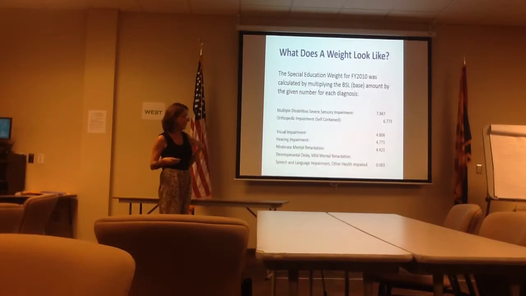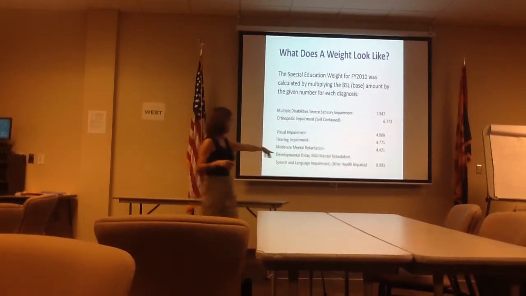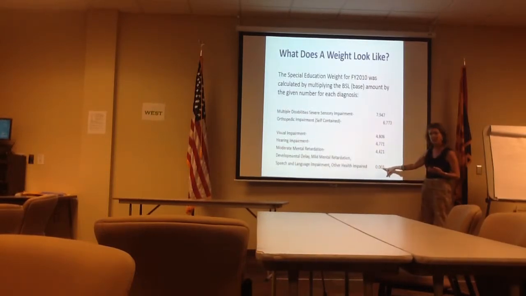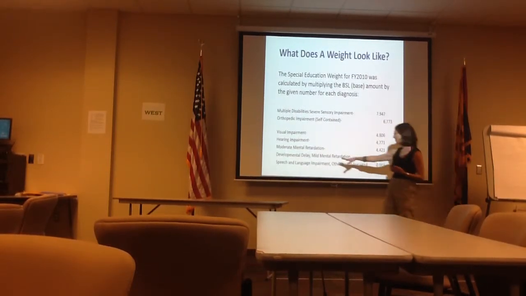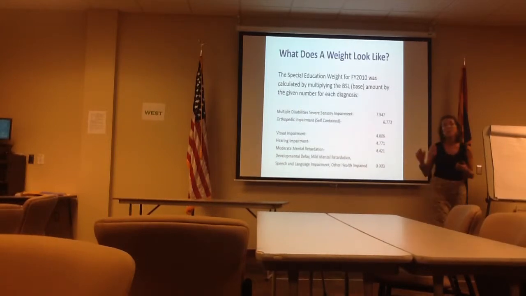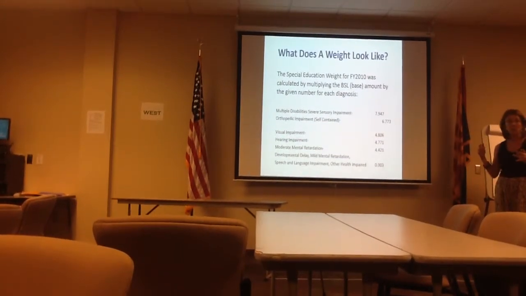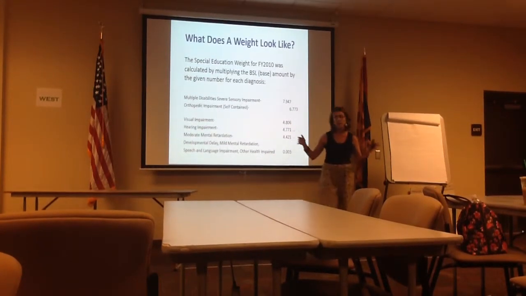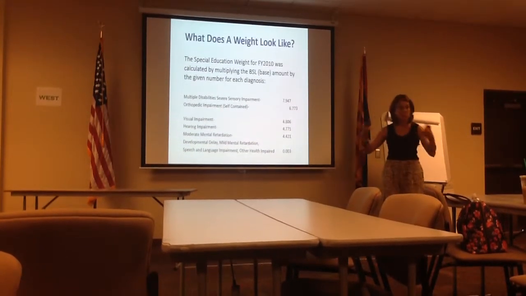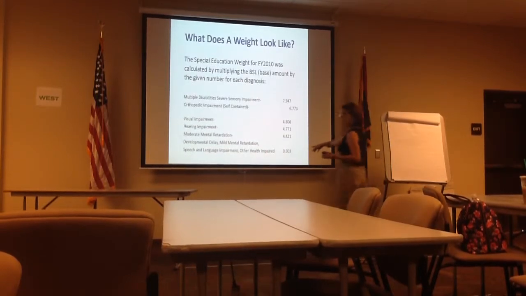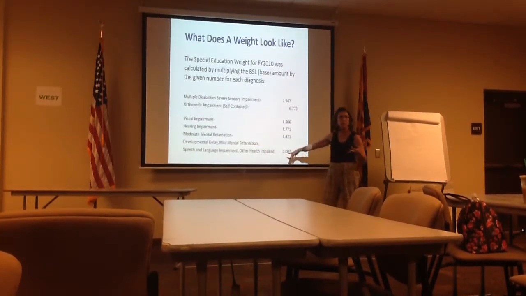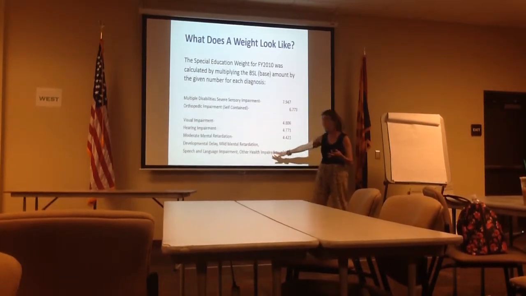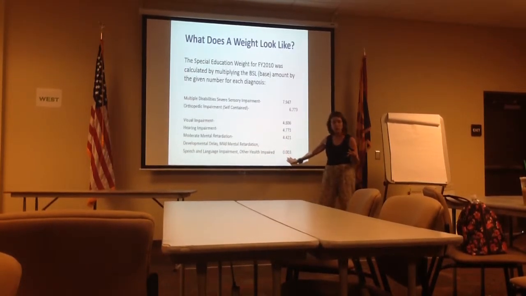Interestingly, for us, especially in Scottsdale, you look over here, I seriously had to double take, right? Is this like a real thing? Like 0.003? This is speech and language impairment, other health impaired. The vast majority of kids in Scottsdale Unified who have an IEP fall into this category. Kids who are lots of times in the typical classroom, but they need some extra assistance. So take base level funding, $3,300, 80%. 80% of our students fall here. I thought it was like 74. 80% are right here. So $3,200 times